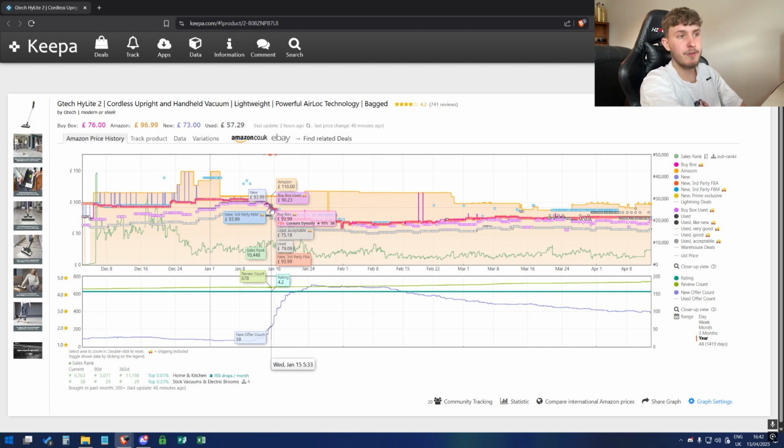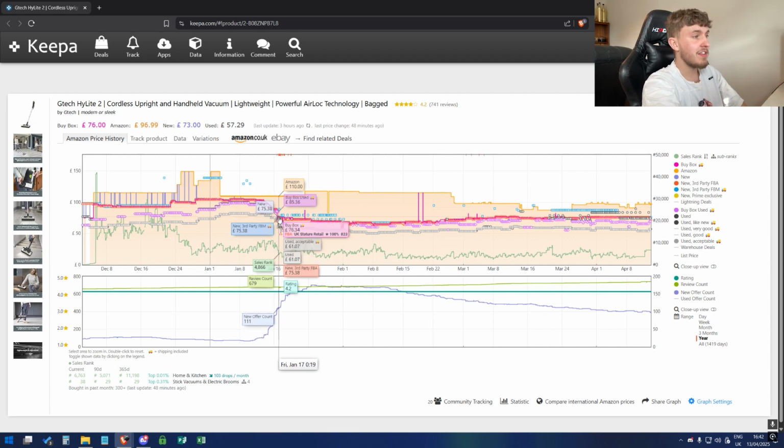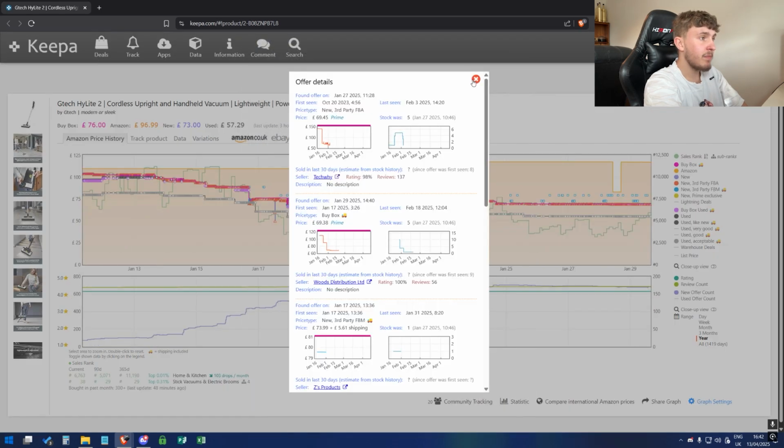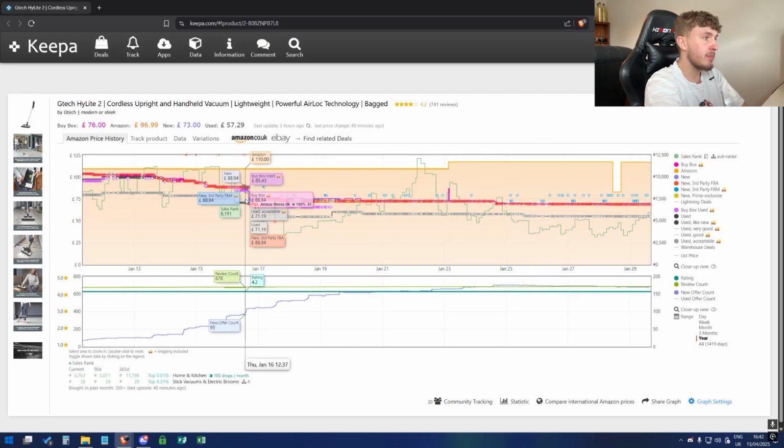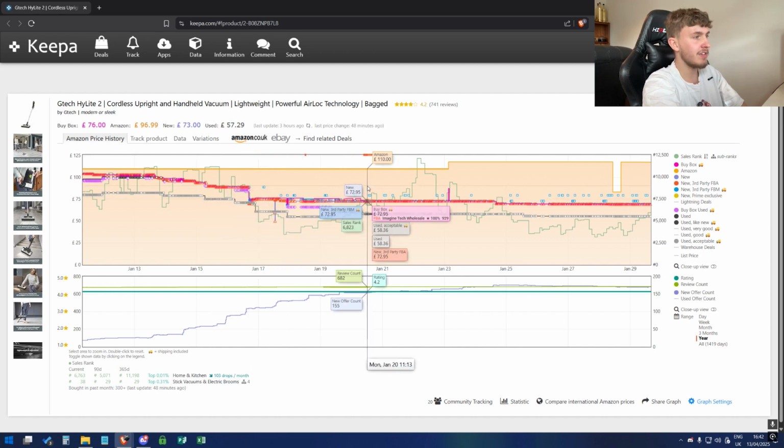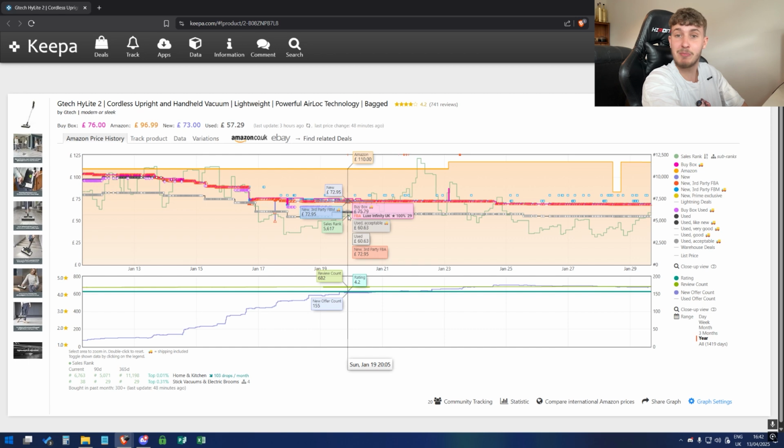But cheap items, if you're only making £1, it only takes 100 penny decreases to knock a whole quid off your profit, and if you're only making a couple quid, that could be everything. Obviously, this item's a little bit more expensive, but you can see there has been some points like here where the price jumped down from like 88 all the way down to like 74 all in one go. So someone was just obviously sick of it and just wanted to decrease the price as quickly as